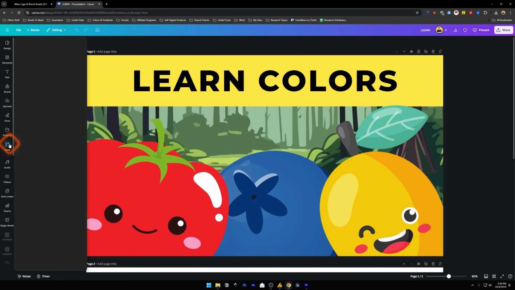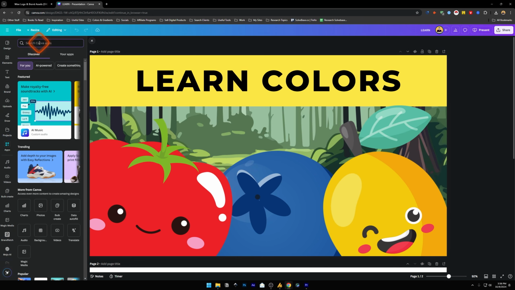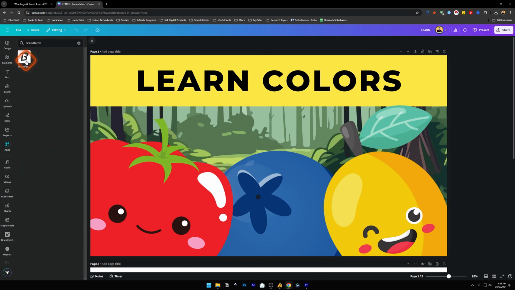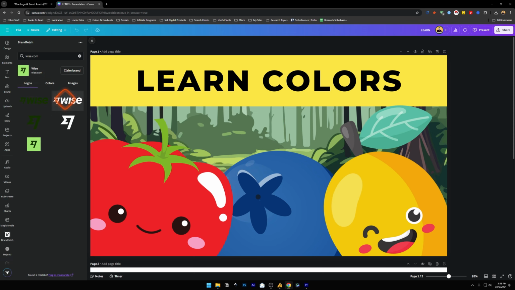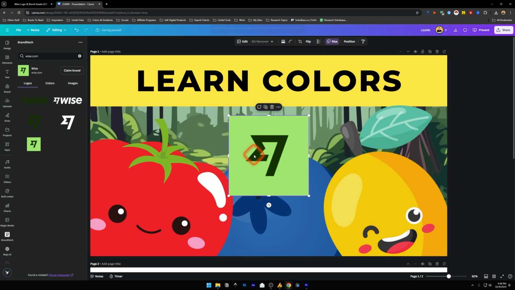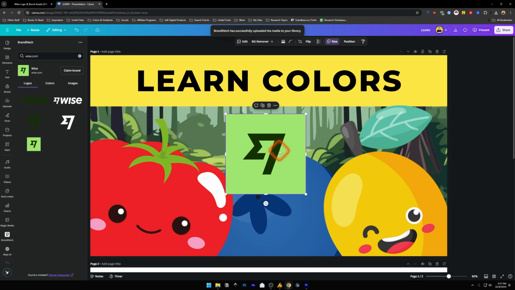So on the left hand side, you'll find apps, and then inside it, search for brand fetch. You'll have this icon, click it. And now you can just enter the brand name. Let's say, for example, Wise again. And you will have this. If I click on it, I will find all the logos inside it with colors and images as well. I can just click on one of them and it's going to insert the logo inside our design. Simple and easy. So this is how you can find brand logo for free